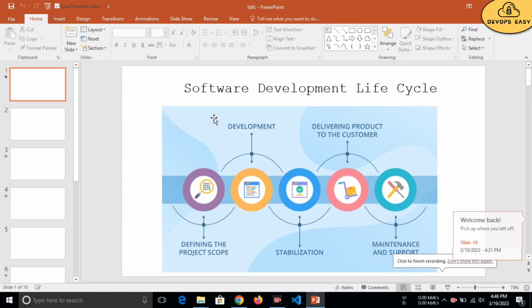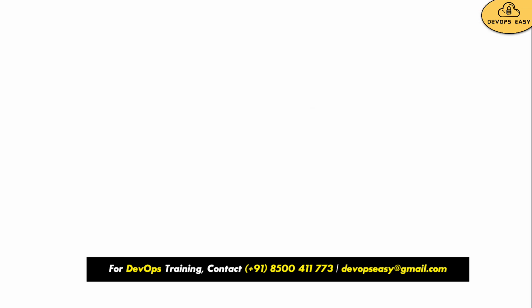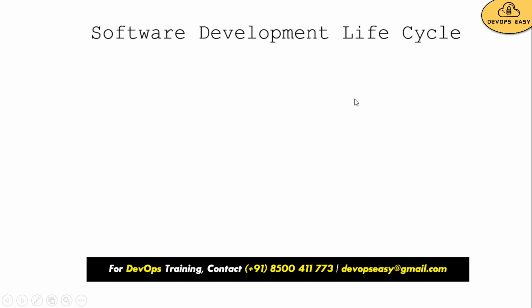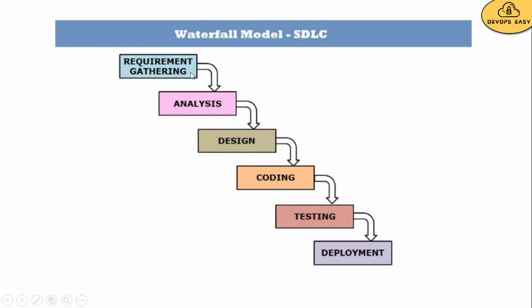So before starting our session, I will just discuss the software development lifecycle in companies, how they are following it. During the 1990s, they used to follow the waterfall model. For everything they will follow some process. Whenever they get any project, they will first gather the requirements, and depending upon the requirements they proceed.